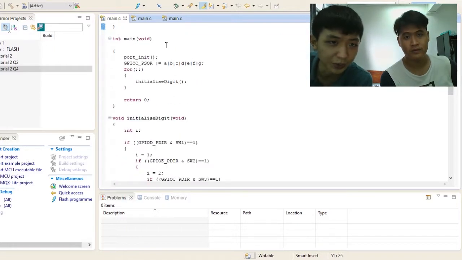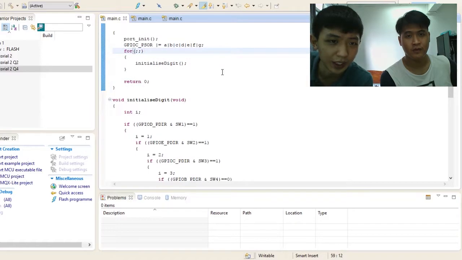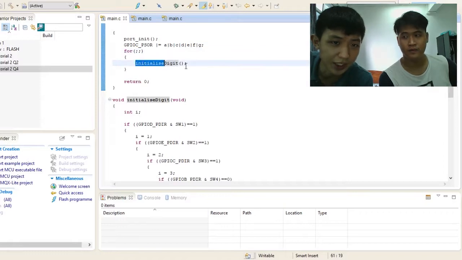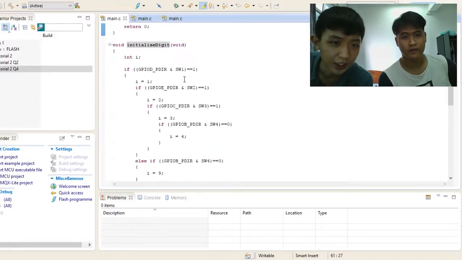In the main function, at first we initialize the port, and then we set GPIO-C PSOR, which disables all the outputs first to clear them. Then we create a for loop, which is an infinite loop, to run the initialize digit function. In the initialize digit function,